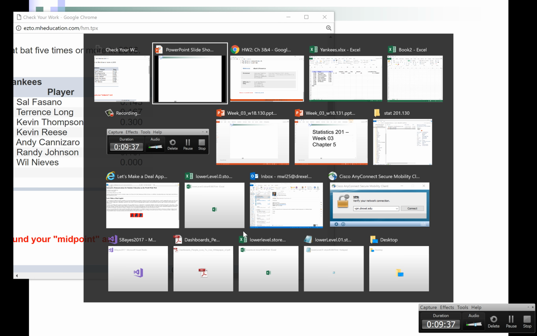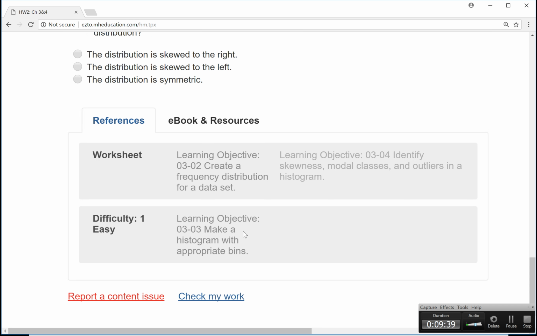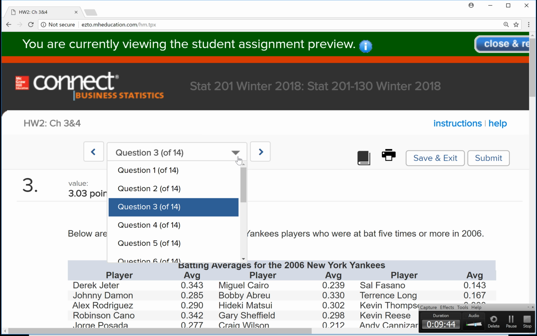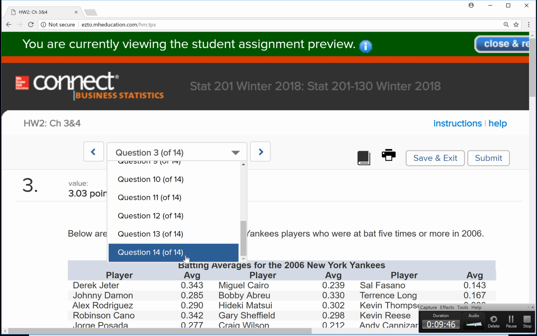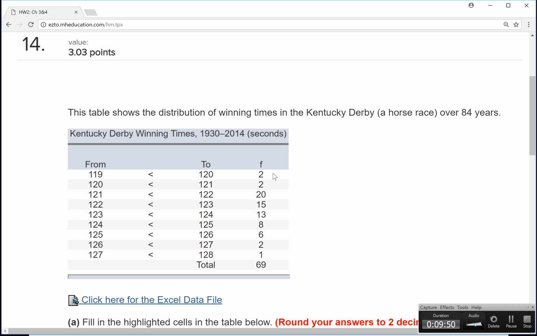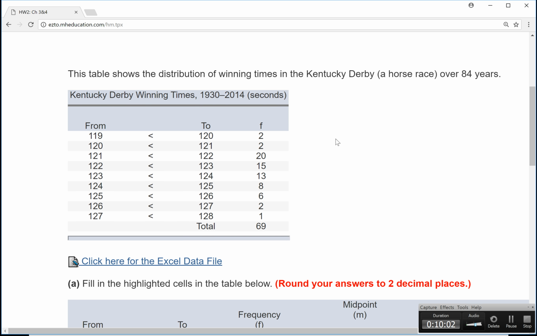So I do actually want to look at number 14, because oftentimes I get questions about this one. So let's do that one real quickly. All right, so we have Kentucky Derby winning times, and it says here that we have 84 years worth of data, but there's only 69 observations. So I guess what they did is they randomly sampled 69 from the 84 years, and